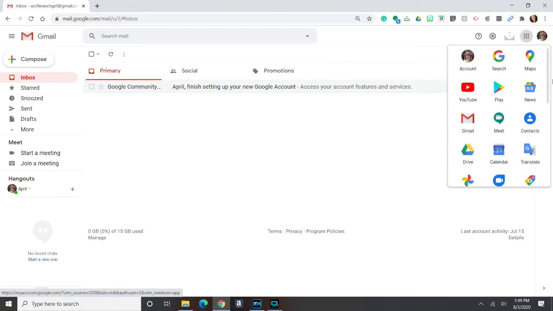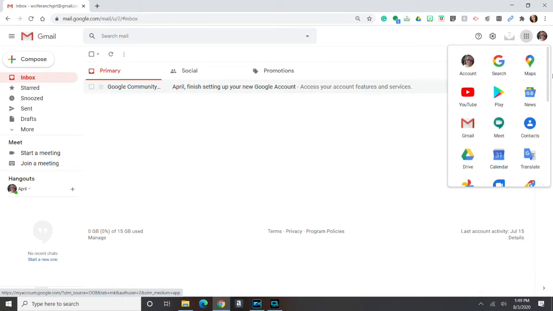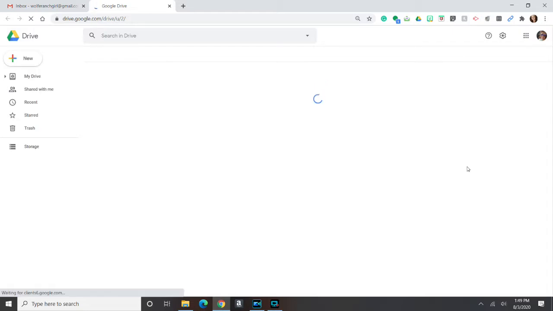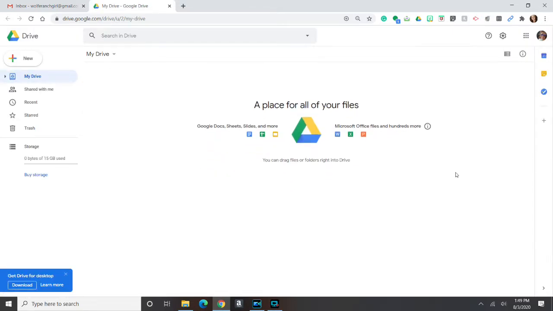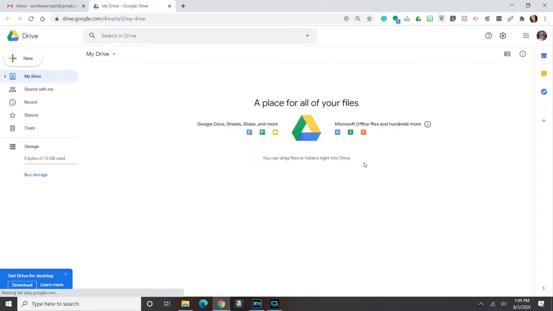Okay, so you just scroll up and down. So what we're going to do is we're going to go into Drive, which is the web-based storage system through Google. And you can see I have nothing in here. This is a brand new account that I created specifically for training purposes,